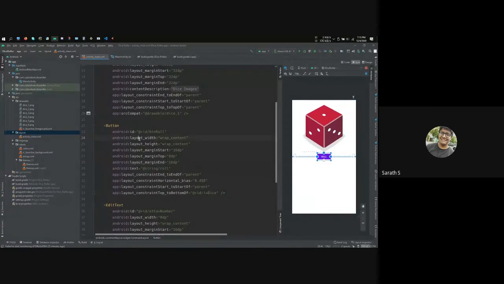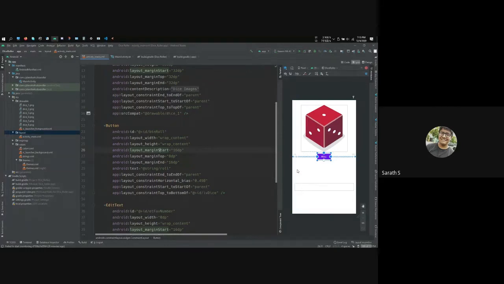So as I was saying, these are the attributes. Some common attributes are ID. ID basically identifies what view this is. As I said before, the functionality is to roll a dice, right? So you want to know what you should do when you press this button. So how do you identify this button? You need an ID. So that's what you specify in the ID attribute, and then you give the width attribute for the width, the height attribute for the height, and then there are things called margins and paddings. What margins and paddings mean is basically spacing between stuff.